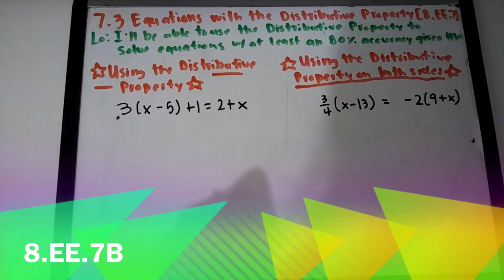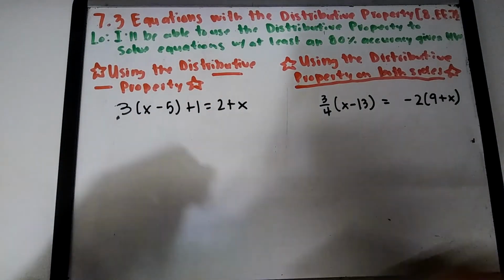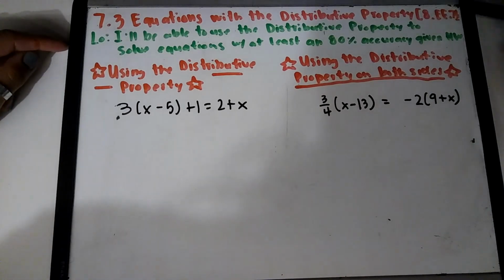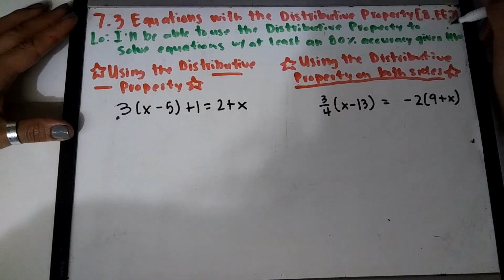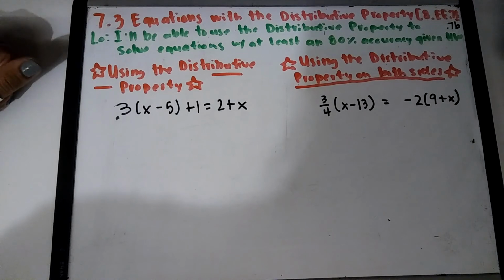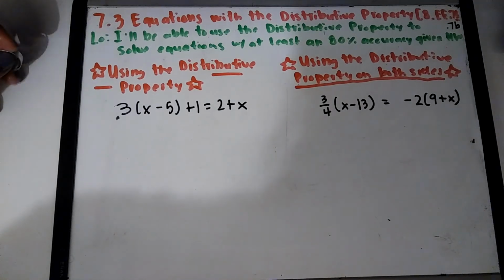Alrighty, this is 7.3, equations with distributive property. This is our standard, 8.EE.7b. Your objective is to be able to use the distributive property to solve equations with at least 80% accuracy